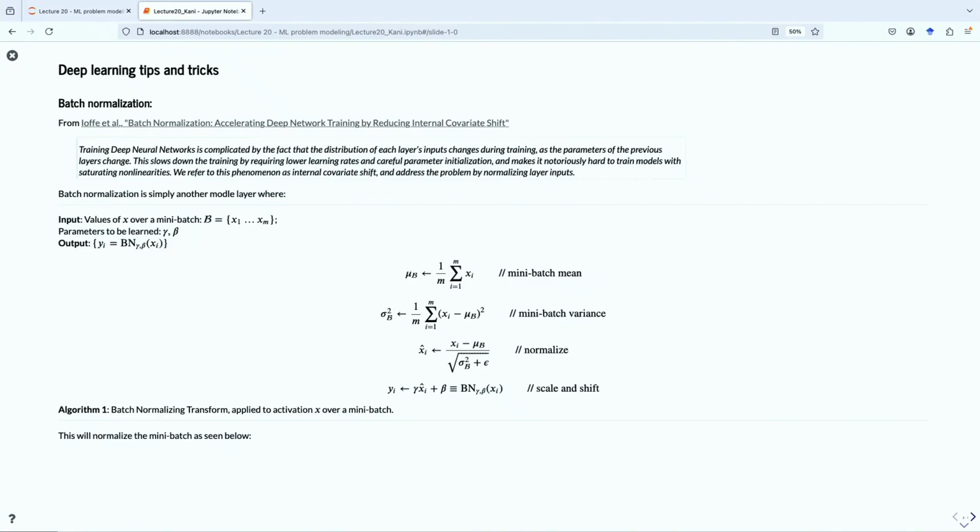Now, the issue is that the distribution of inputs at every stage changes because you're changing the weights of every layer. So you have this very complex loop where the distributions of each layer are changing, and the layers are changing to match those distributions. Especially for the layers towards the end of the network, the distributions of their inputs are changing far, far more than for the layers towards the beginning.